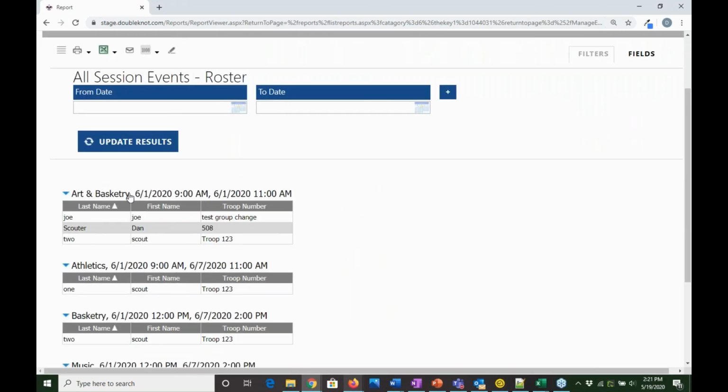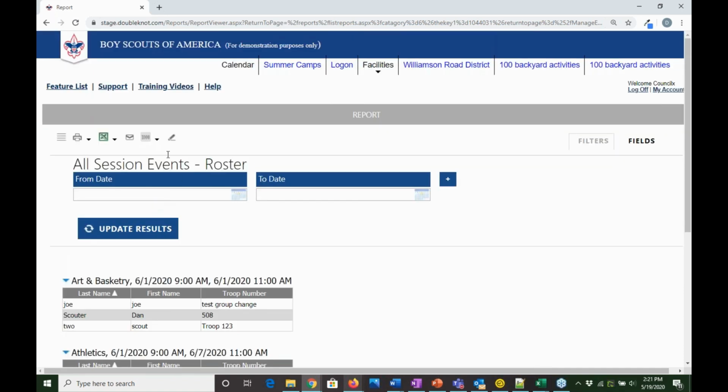So we have the ability to do page breaks based on visual groups. So that's where this section is, the grouping out of different items. So if I were to edit this report,